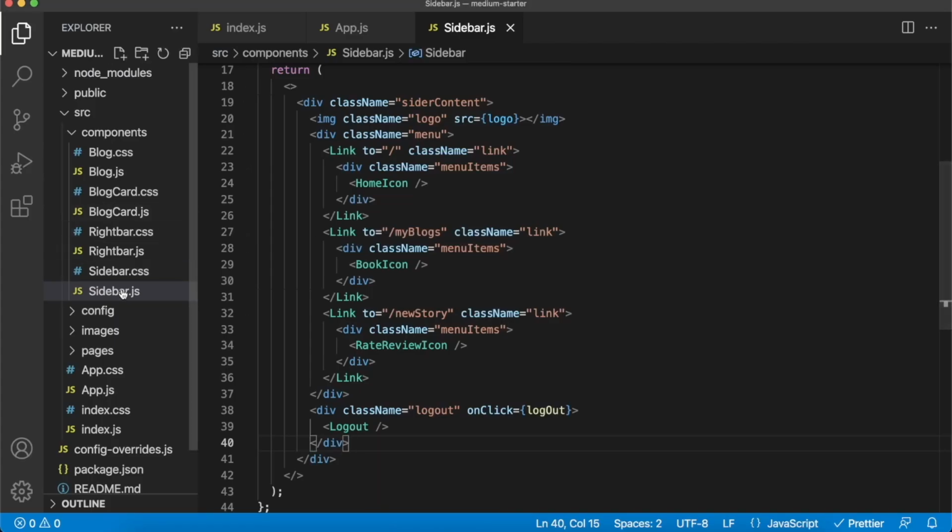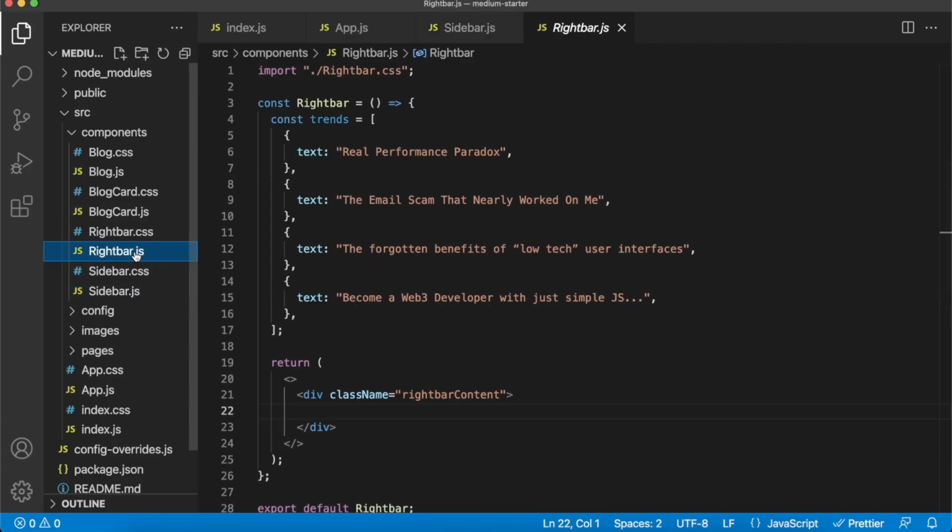And we're back at the home page. We can route to different pages. So we're making great progress. Now let's make a stylistic right bar, and then we can go ahead and focus on the main content in this main window. All right, so jump back into Visual Studio Code, go to the rightbar.js file, and you see that we have a trends array here already set,